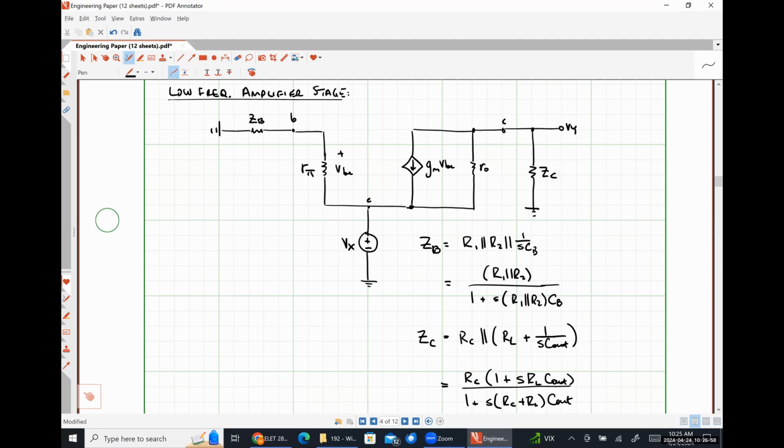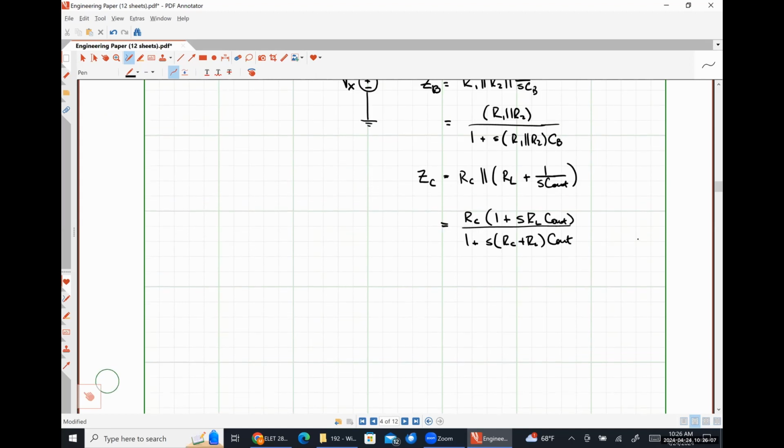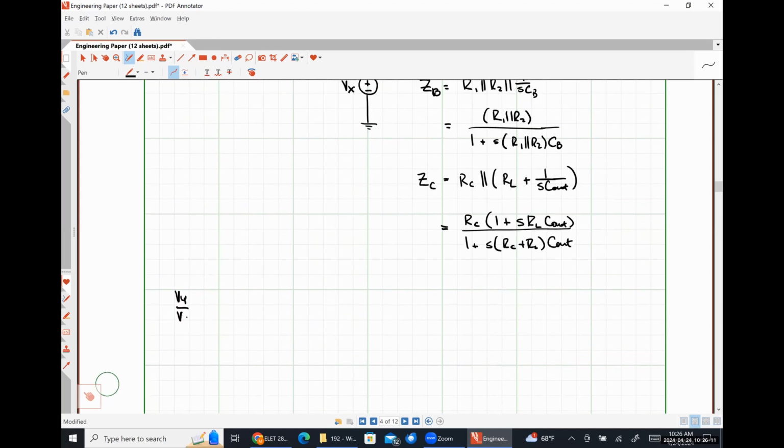So using the results of 335 and just replacing every RB with ZB and every RC with ZC, we would have a voltage gain relationship of Vy over Vx is equal to R pi plus GM R pi R naught plus ZB times R naught in parallel with ZC divided by R naught times R pi